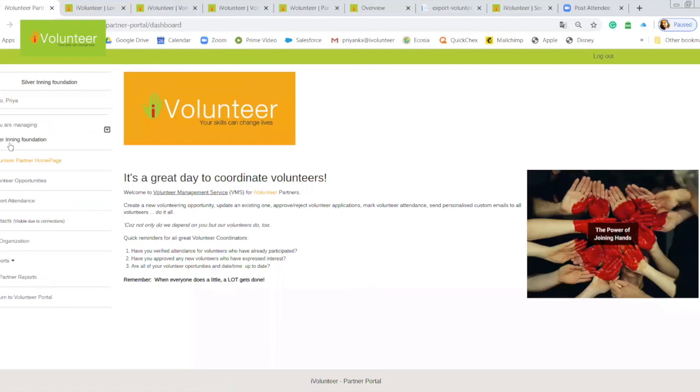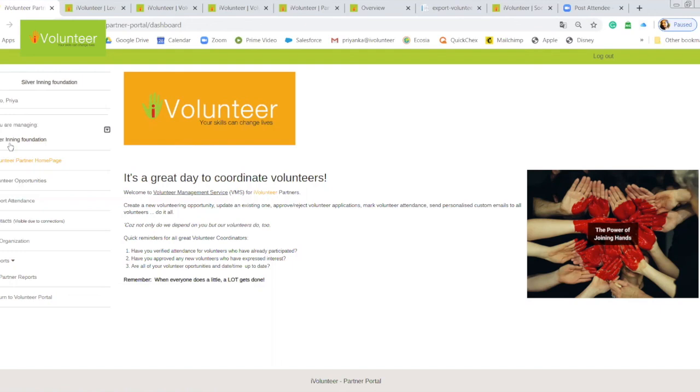So I believe you got a gist of it, and you might have queries once you start creating opportunities. I have shown you how exactly you need to create an opportunity. If an opportunity has multiple occurrences, you just create one opportunity and keep adding occurrences to it. But if you have different types of opportunities, create different opportunities. Once volunteers register, you can send them emails from the same platform, and you need to verify their hours so that it maintains a record of their volunteering hours in their dashboard as well as in your records.